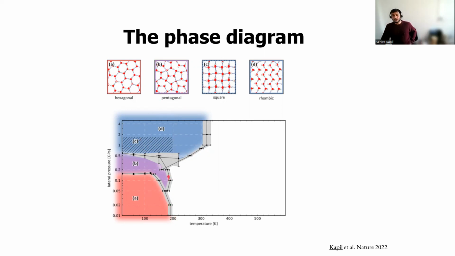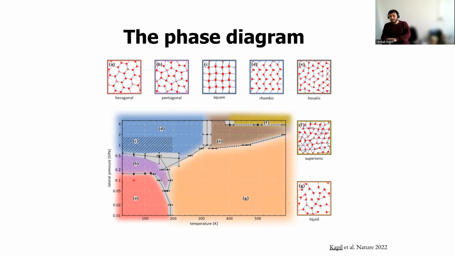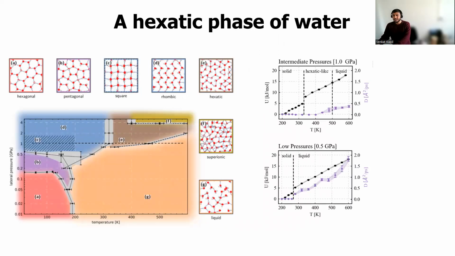We find a highly non-monotonic dependence of the melting temperature, and these slopes also tell us that just like bulk ice, 2D ice also expands upon freezing. The other interesting bit were the disordered phases as you increase the temperature. And I don't think I will have time to go into the details of things, but all I will tell you is that somewhere,